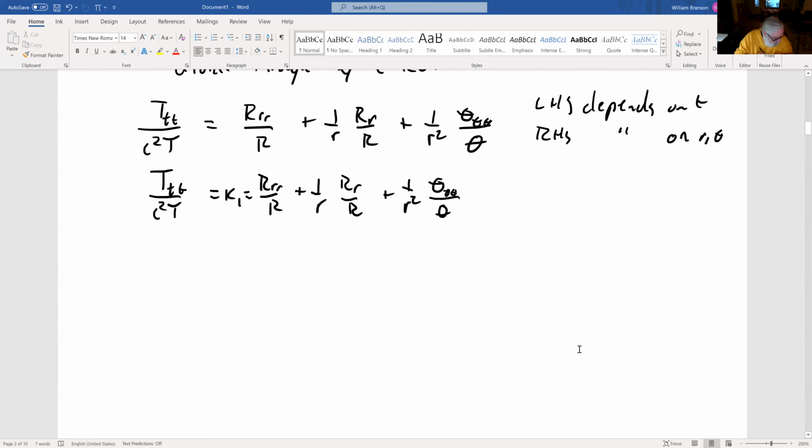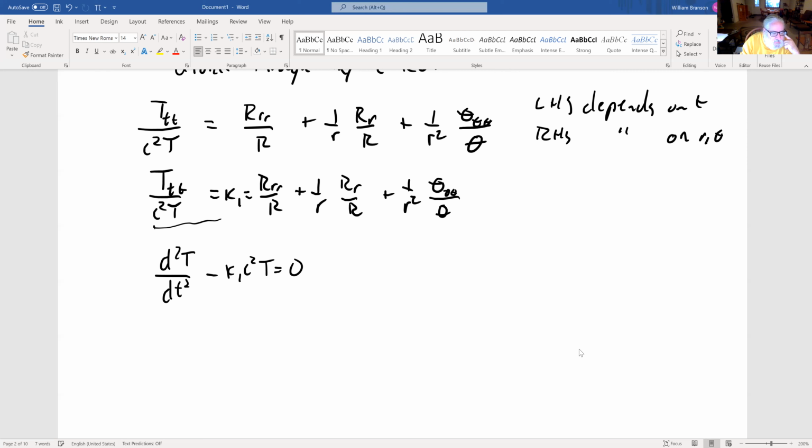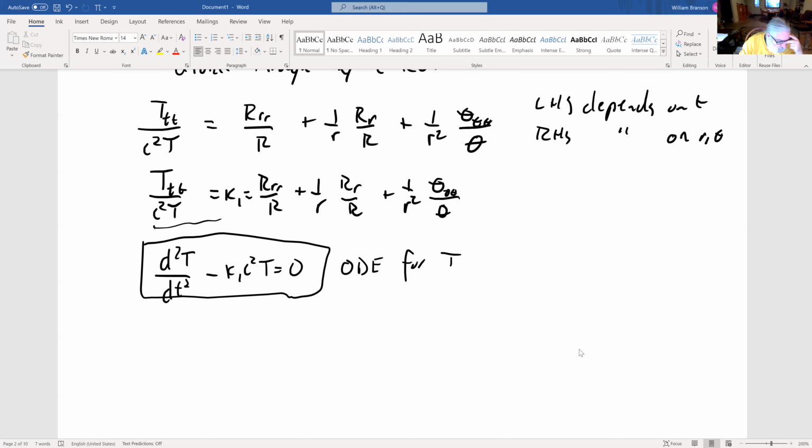And that gives us a differential equation for T. If we solve this for T, we get d squared T dt squared minus k1 c squared T equals 0. That's our ordinary differential equation for T. And then you get an equation that involves both R and theta